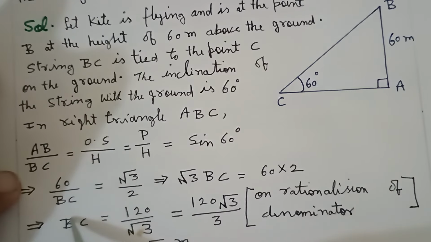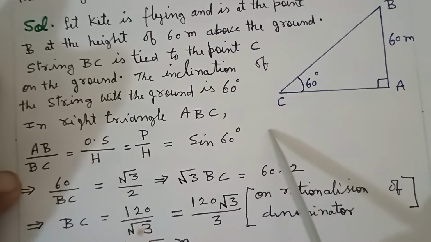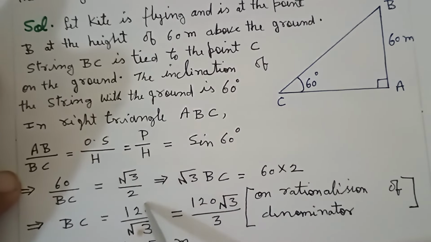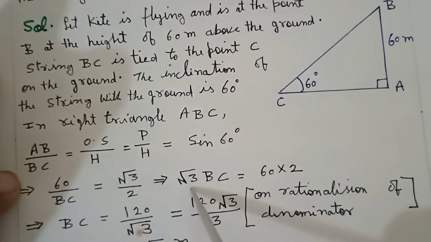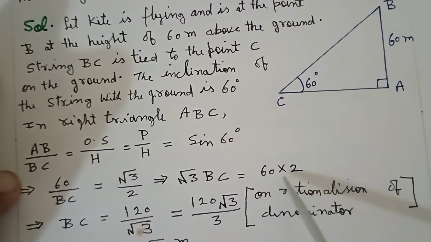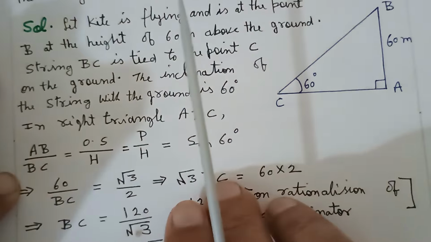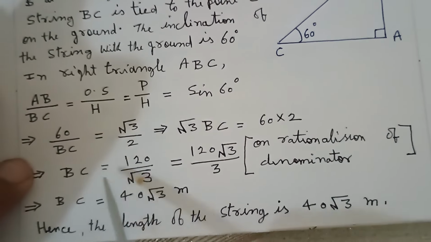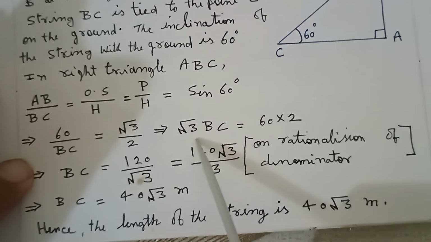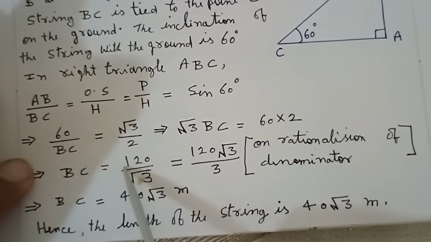So 60 upon BC is equal to √3/2, because sine 60 की वैल्यू होती है √3/2. So this implies, क्रॉस मल्टीप्लाई कर दिया, √3 BC is equal to 60 multiplied by 2. So this implies BC is equal to √3 को हम राइट हैंड साइड में ले गए तो हो गया